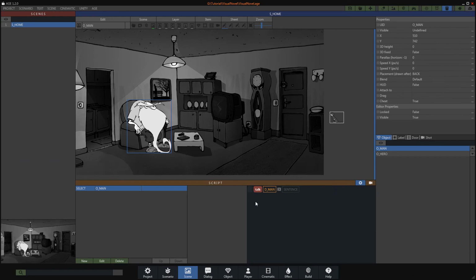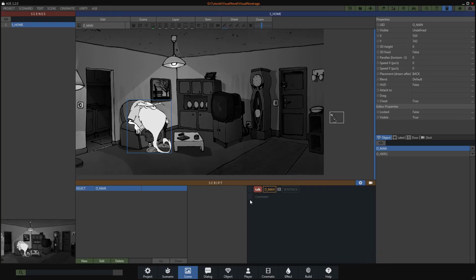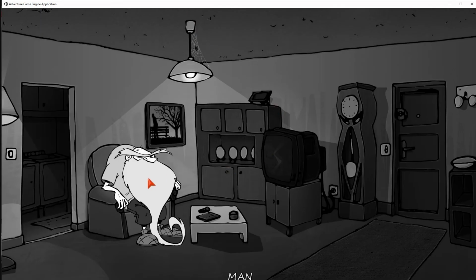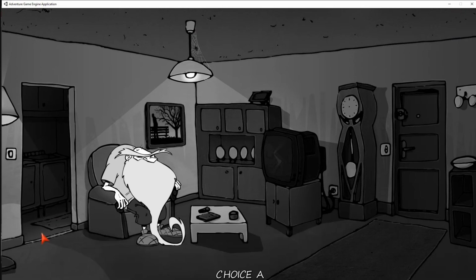The square allows you to move the instruction up or down like this. Before, I will just add a comment. That's all. There is nothing else to do. We can test our game now by pressing the F5 key to launch the open scene. We find our conversation and everything works as expected even if the discussion has little interest. At this point we already have an application running and a conversation having written a single instruction.